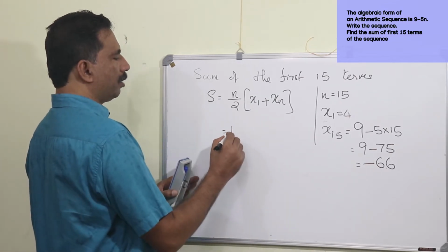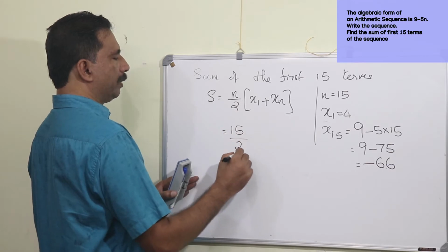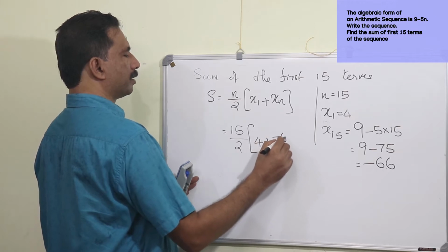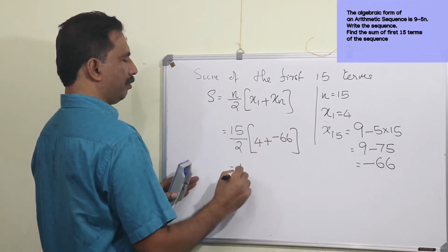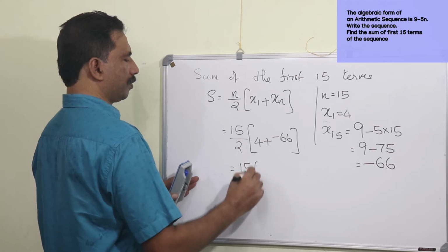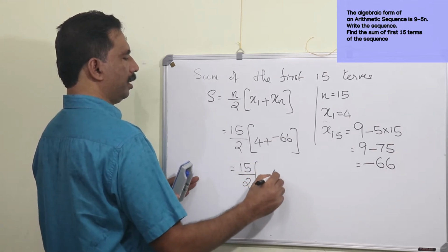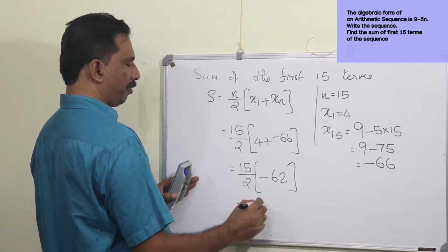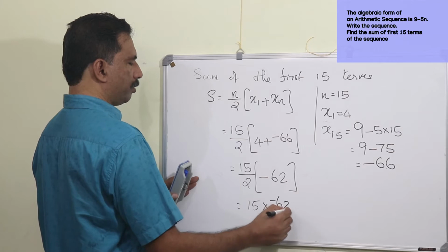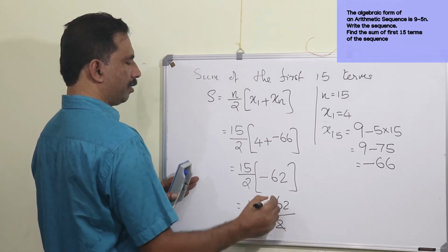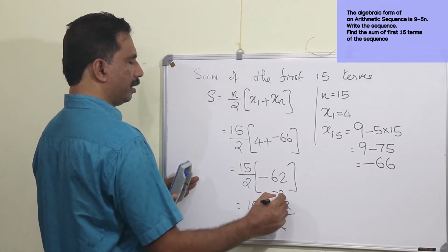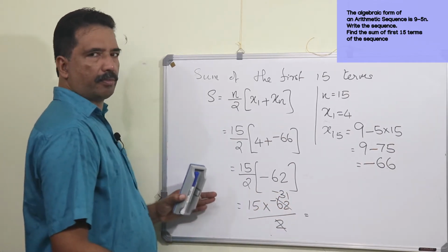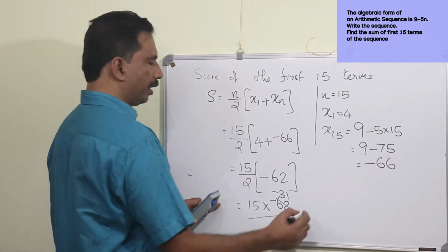Therefore, S is equal to 15 by 2 into x1 plus x15, which is 4 plus minus 66, equal to 15 by 2 into minus 62. Or 15 into minus 62 by 2, we can cancel, it is minus 31. 15 into minus 31,